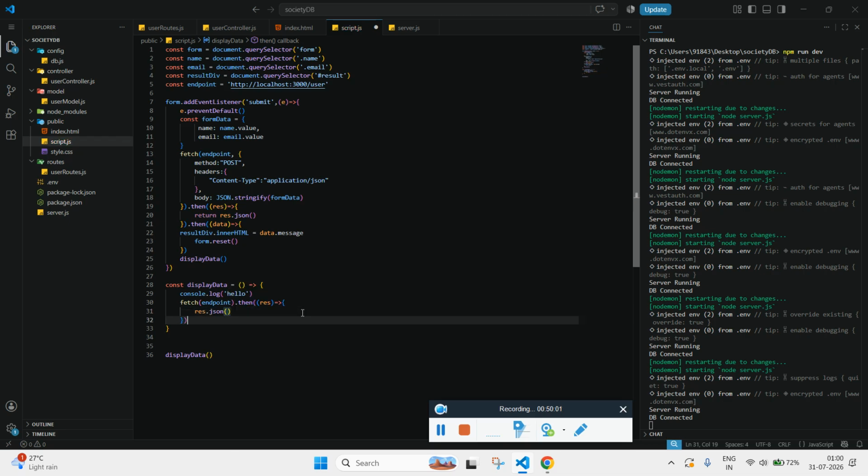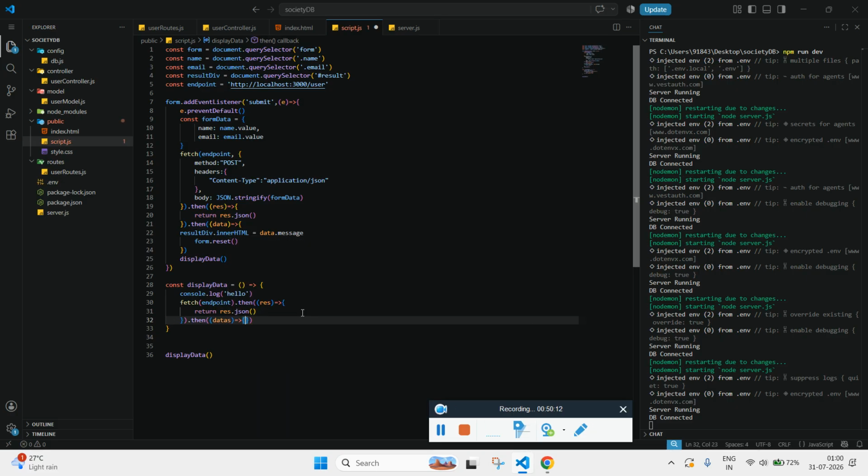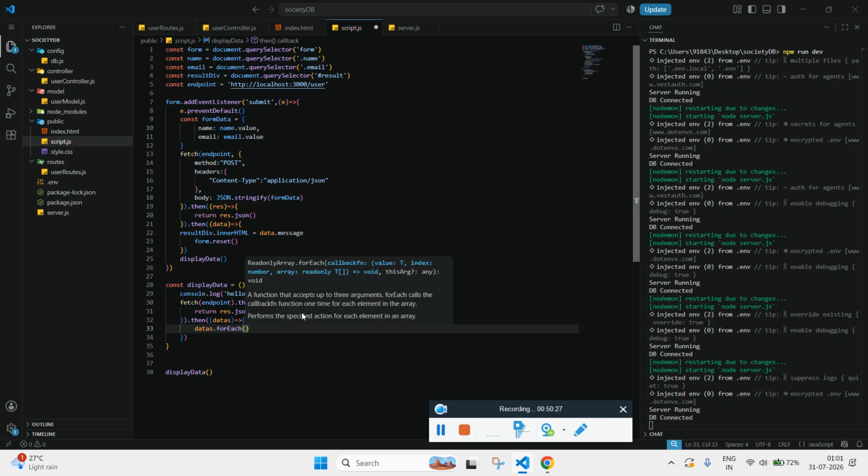Response.json, and then this response.json will return JavaScript object as datas, and it will be a collection. It will be a collection of objects. So for that, I'll be using for each, datas dot for each,